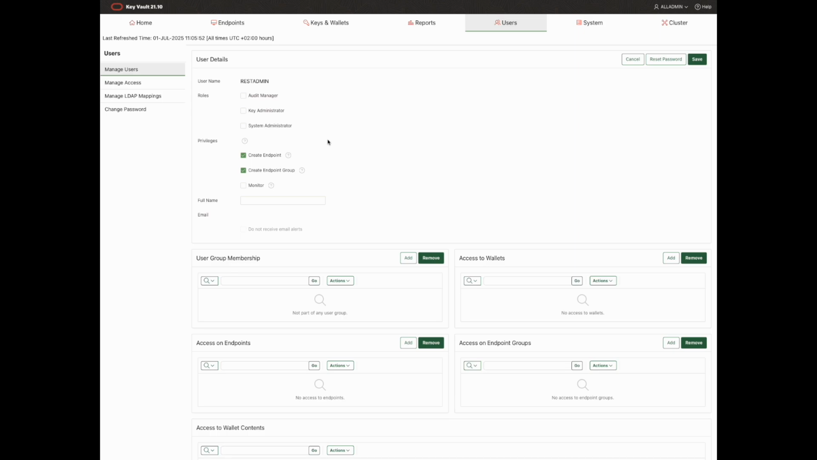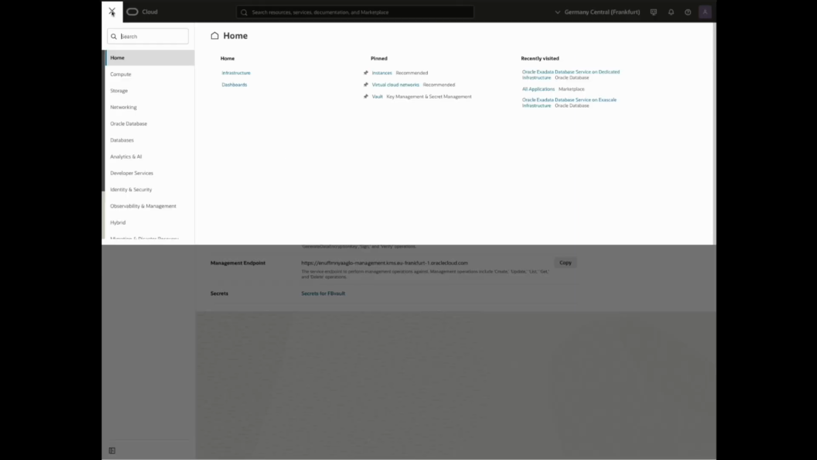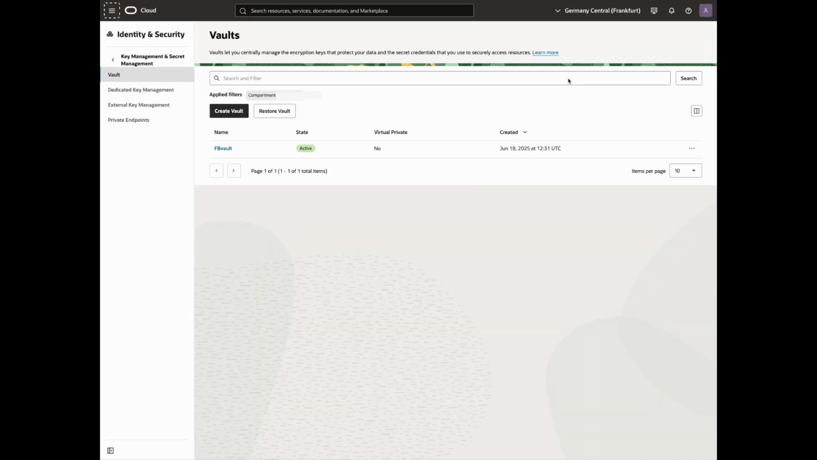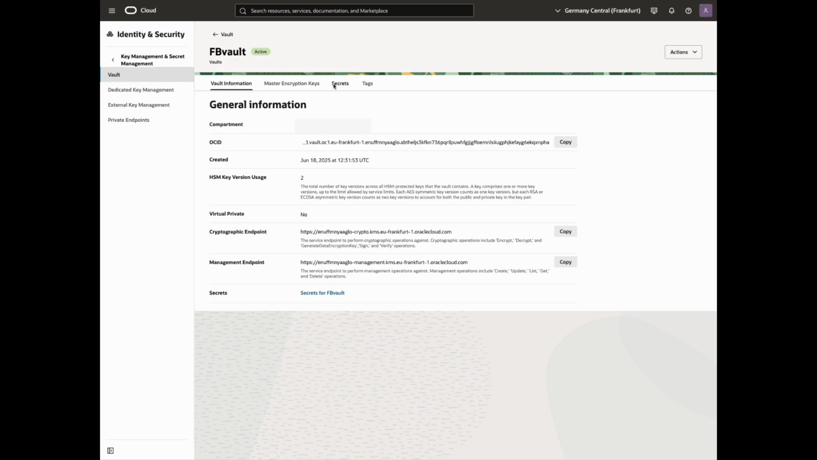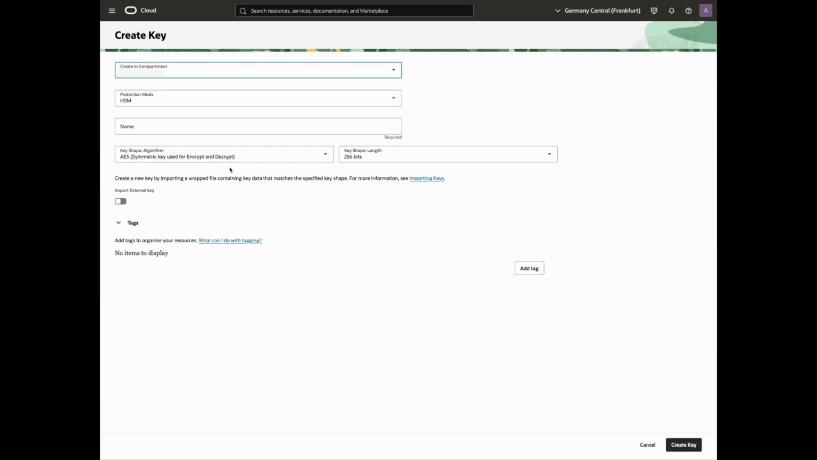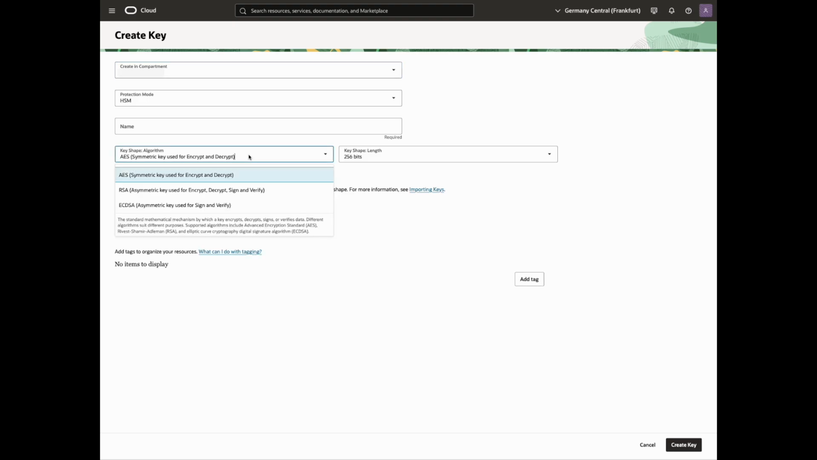Then in OCI, first of all, I have a vault. So from identity and security, let's go to the vault. There you see my vault, and in the vault I created first of all a master encryption key. So I'm going to use this symmetric key. When you create the key, here you choose the symmetric AES key,